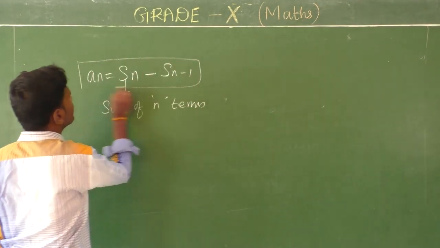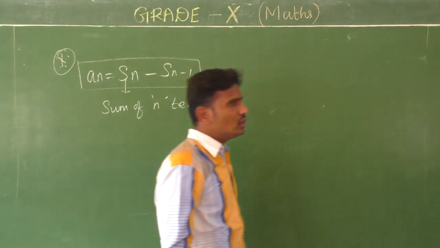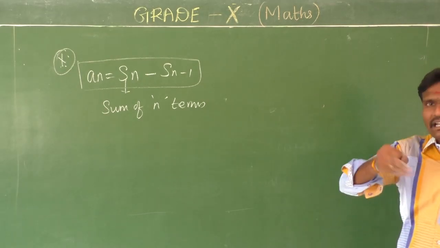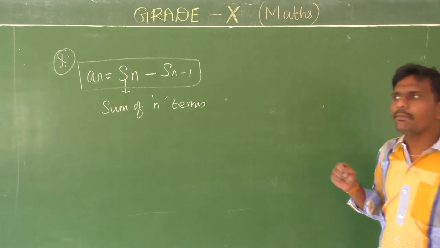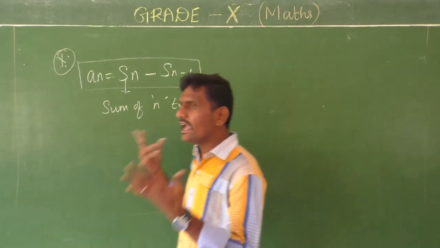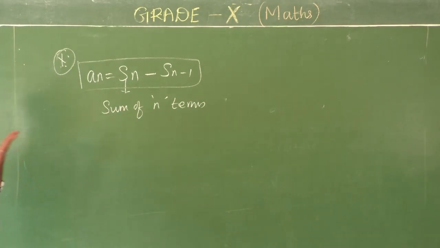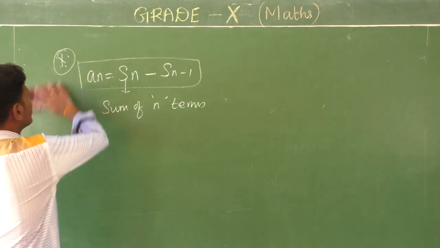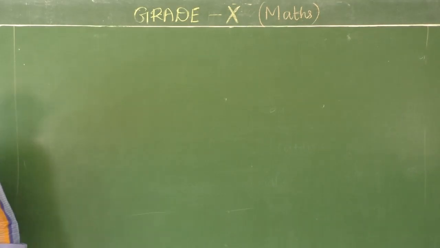So this is a very important concept we are going to use for creative sums. Actually, you don't have this kind of problems in your exercise. In that question only they are going to ask for this chapter. So in exercise 5.2, maximum we are going to expect creative questions based on this formula and the previous formulas. Okay, I will explain what formulas and what types we are going to follow. Yes, student.